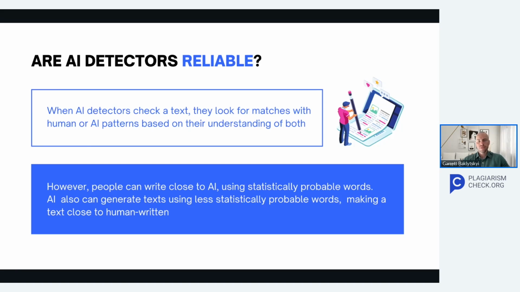AI generators, on the other hand, also can get closer to human writing using different settings like temperature. For example, if you change the temperature setting from the default setting to another, the AI generator will not take the most probable word, the most statistically probable word like "shining." It will take the word "still," which makes its response more creative, closer to human language. And from the AI detector perspective, it becomes harder to understand that this text is AI generated because it sounds very close to human. And if an AI detector has a certain threshold of identifying human and AI generated text, it can identify human written text as AI generated, causing false positives.